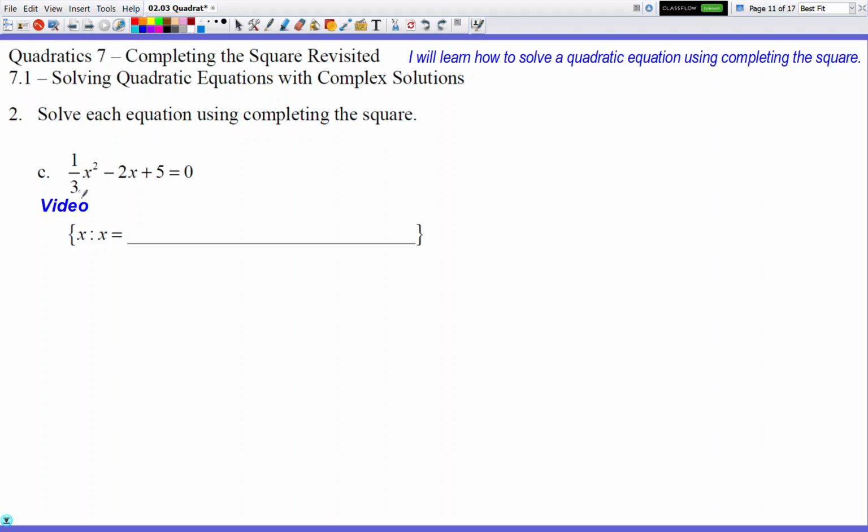So this one, we have 1/3 in front of our x squared this time. So that's going to cause us to do something a little different. We're not going to divide this time like we did the previous couple of problems. Okay, we're going to do something a little different. So having a fraction,